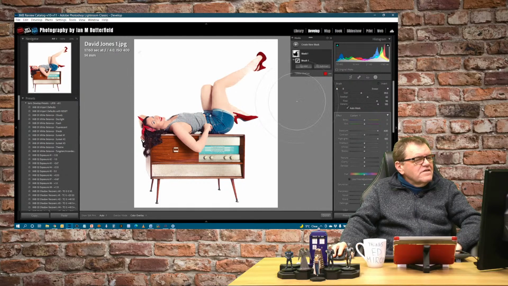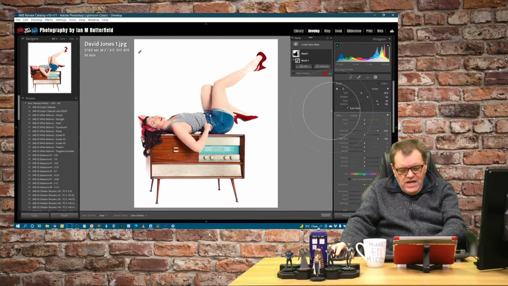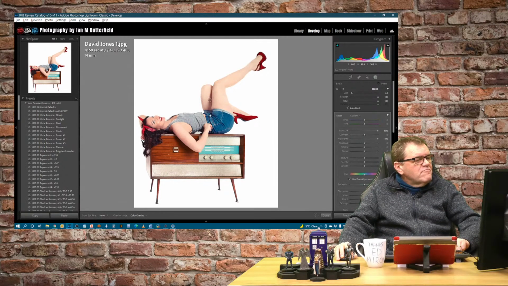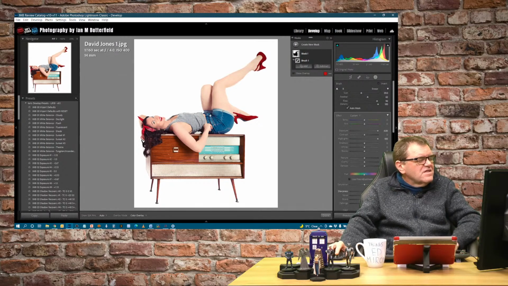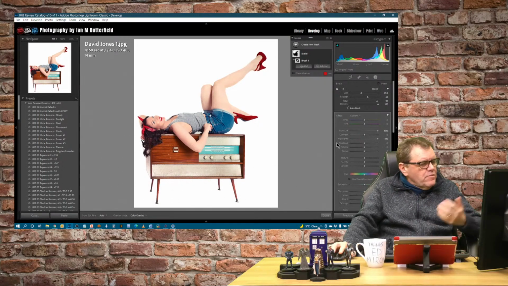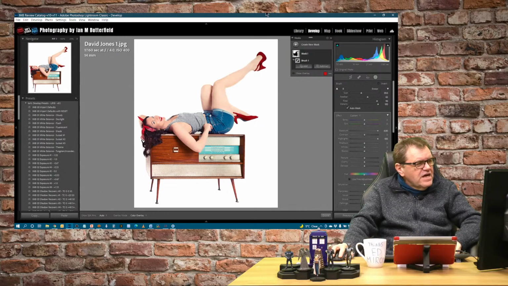And I quite like the clean up. Okay, I've messed up a little bit with the legs on there. Hold Alt key down and just bring those legs back on there. This is a quick and dirty edit just to try and show you the alternatives. So personally, I'd prefer something looking a little bit more like that. But it's all down to personal preferences, and that's not a good selection. I've messed it up with the radio as well, but I just wanted to show some alternatives on that.